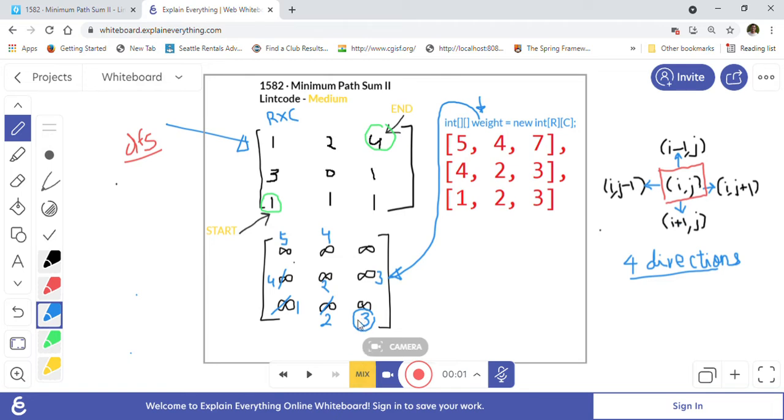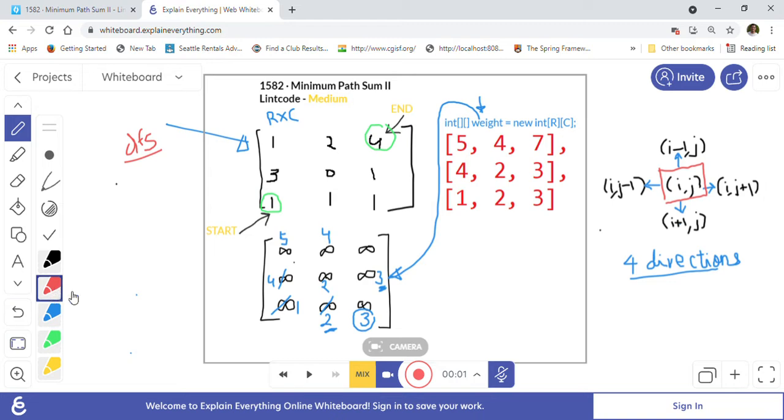Bottom is outside. If you go left side, we are here with 3, so 3 plus 1 is 4. We will not update because we are already seeing a lesser distance, 2. If we want to go up, then we get 3 plus this 1, so 3 plus 1 is 4. We will not update because we are already seeing a minimum distance which is lesser than 4. So that's how the DFS will work. We only update if we are getting a better result, a better minimum weight, basically. Then only we will update in DFS.